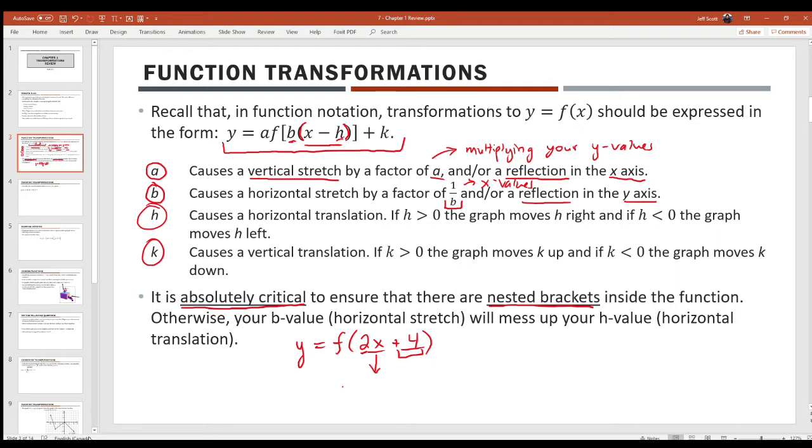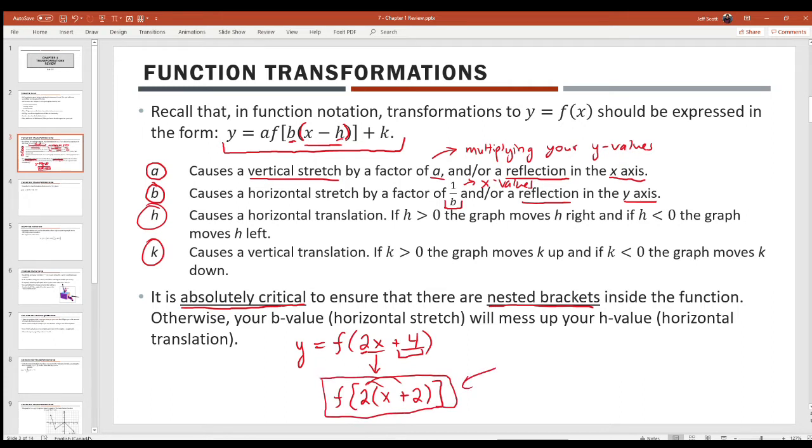In other words, you could change this into f of, I'll use a square bracket just to separate this, 2 on the outside times x plus 4 divided by 2 is 2. And you can see that if you were to bounce this 2 back through the brackets, you get back exactly what you started with. But when it's in this form down here, it's a little nicer to interpret because then